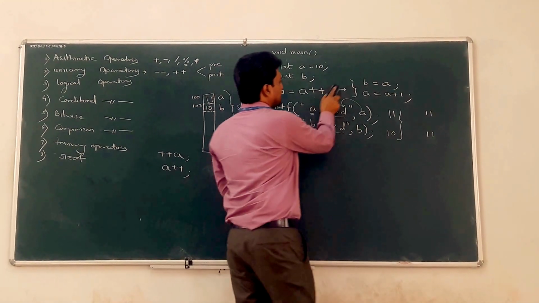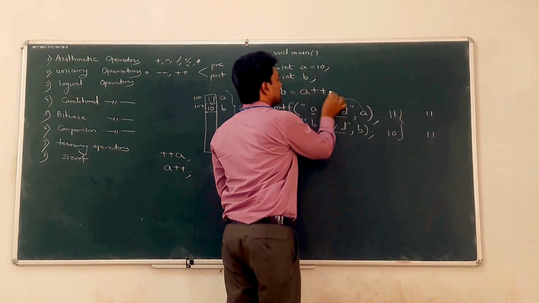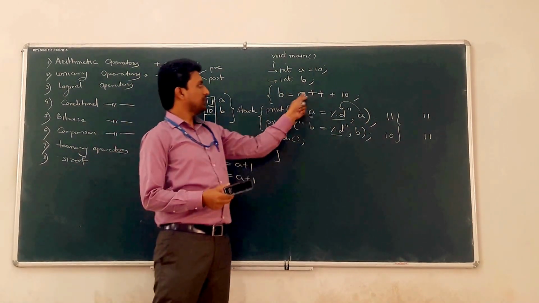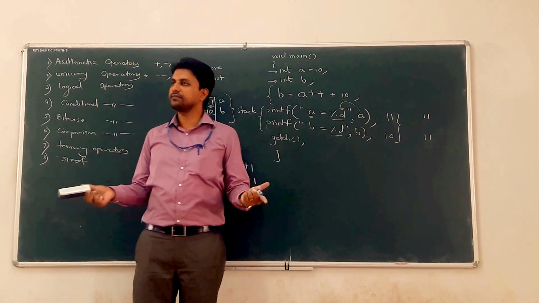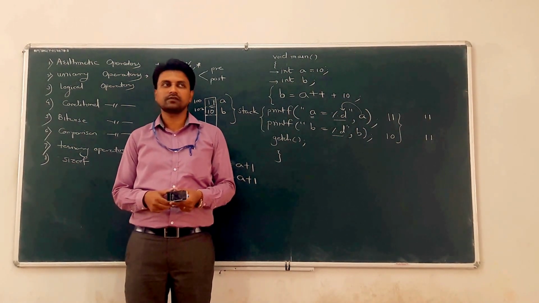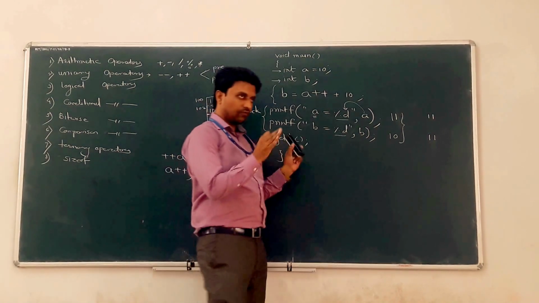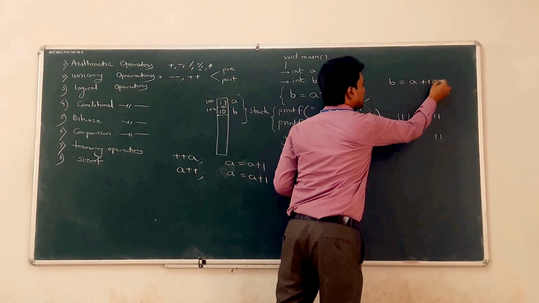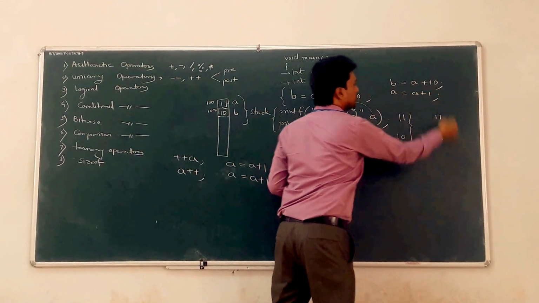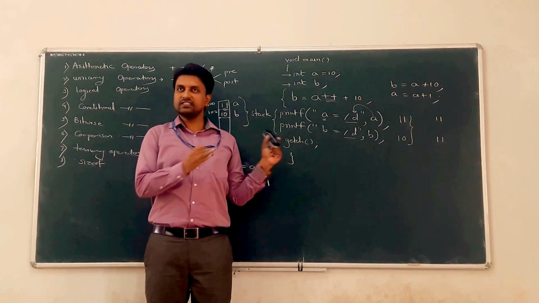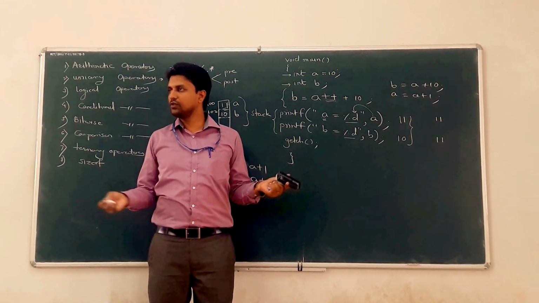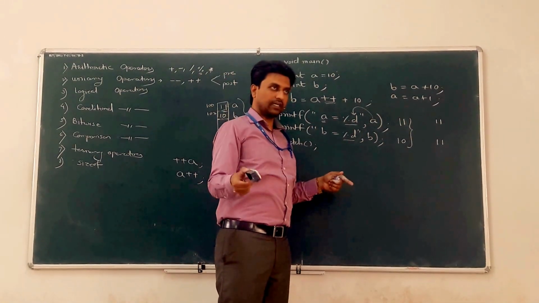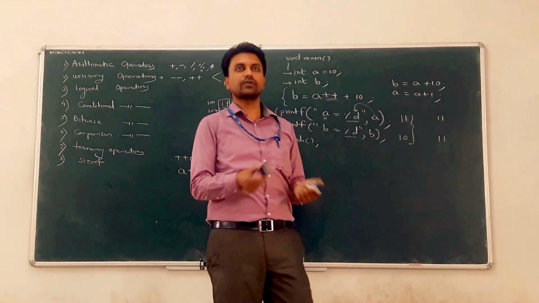Okay, if there is any a plus a, this is also valid. So a plus 10. So first, what are the basics? This is the post. So b is equal to a plus 10, a is equal to a plus 1. If you understand this, then no problem, no confusion is there. Whatever expression is there, multiplied by b plus plus again, or whatever it may be, you can easily understand that problem.